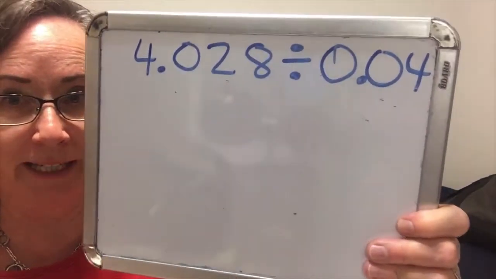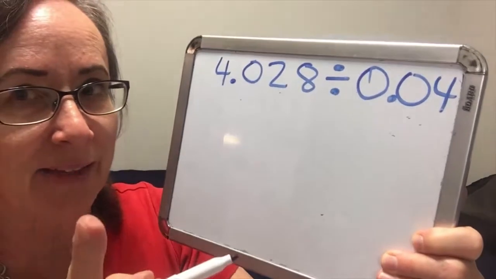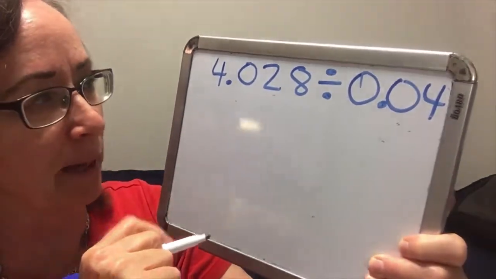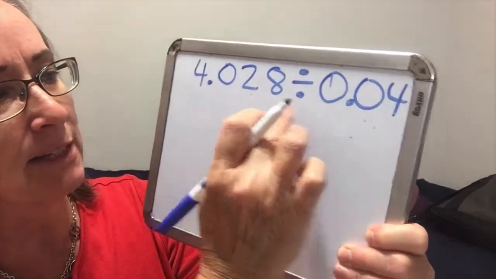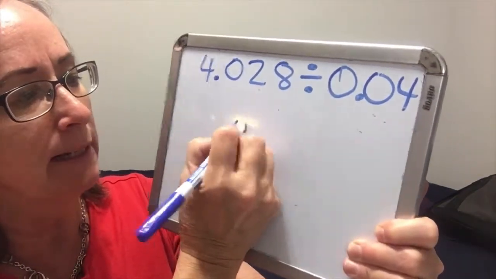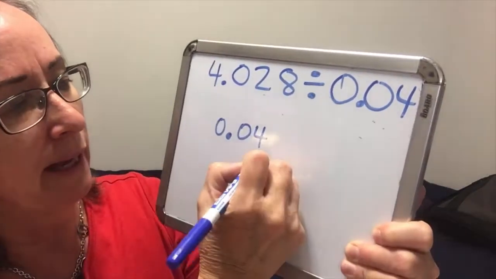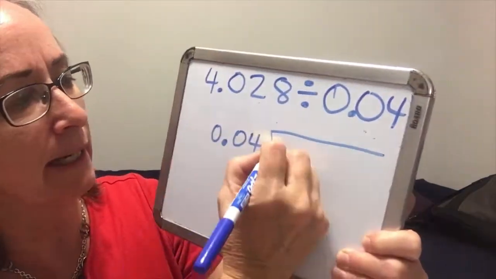So now, hopefully you did what I asked you to do, and you went and you worked your problem, and you already have the answer. We're going to see if it's the same as my answer. So we're going to take this divided by this, so this one goes outside the house. So we're going to put 0.04, and we're dividing